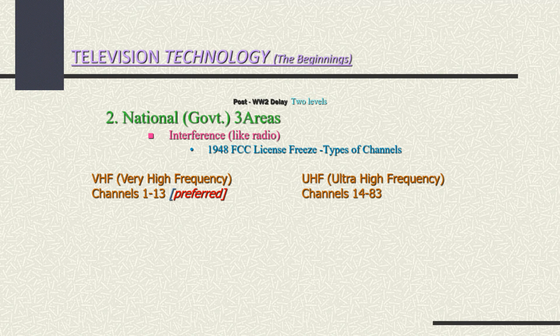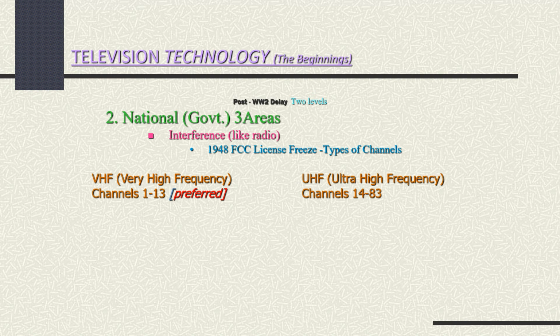This was the frequency that was preferred because it had the strongest signals, the clearest signals, the clearest pictures. The VHF was established on the channels 1 through 13. The other signal was ultra high frequency, or UHF. These were other channels, really kind of secondary channels,